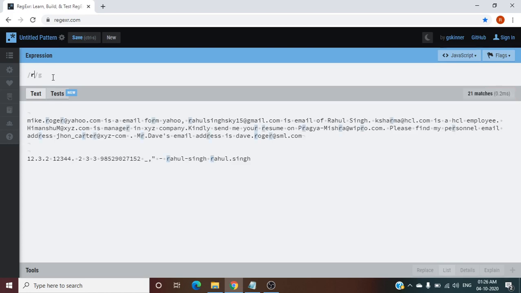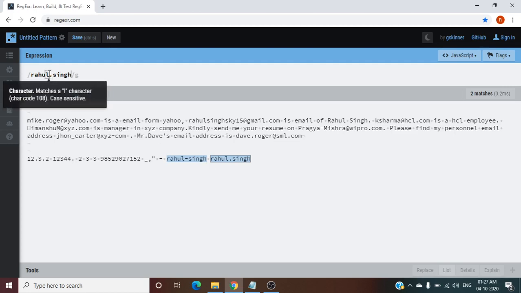Let me explain you. Rahul dot Singh. So it is matching. Sorry. Here dot means it will match everything, but I don't want to use dot as a